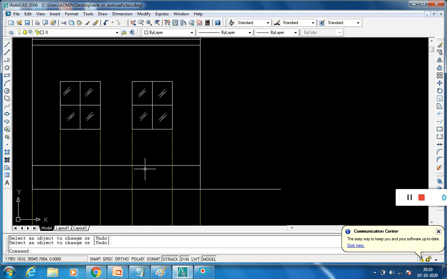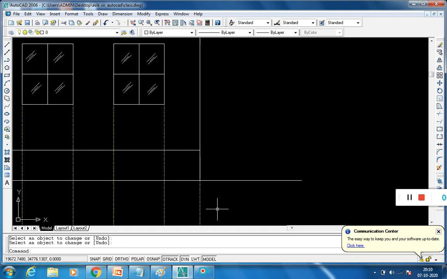This floor level is never kept the same as the ground level, because if it is the same, then the rainwater will enter into the room. So that's why the floor level is generally kept at some height from the ground level.